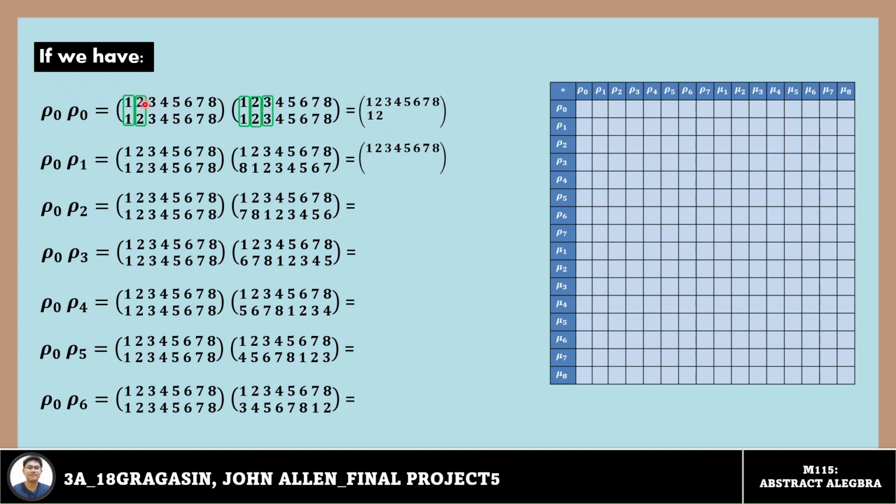So we have here the 3, and then the number below it is 3. Therefore, our answer here is 3. And then 4 is to 4, we need to find the 4 on the upper left, and then the number below it will be our answer. Therefore, our answer here is 4.